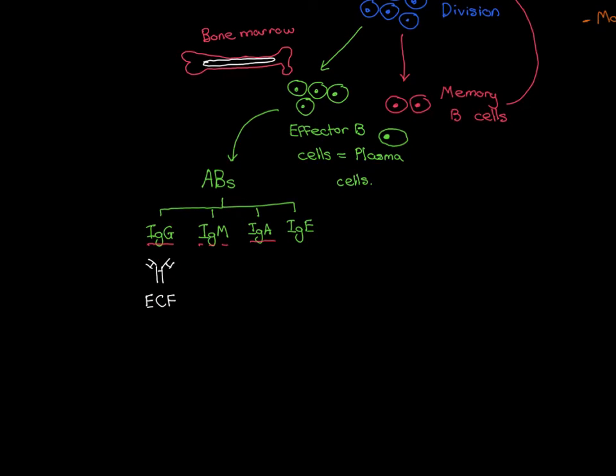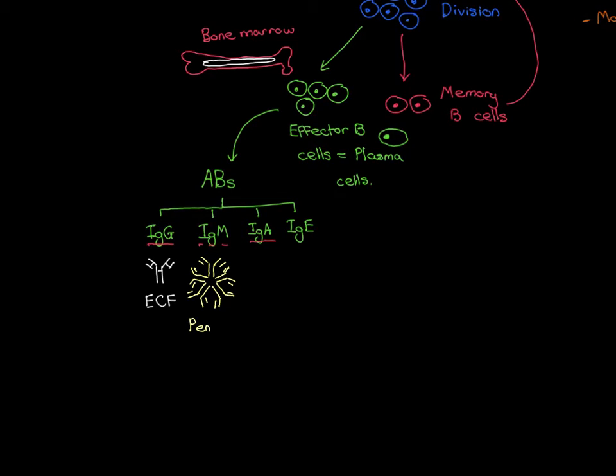IgM is a much bigger molecule because it binds into a pentamer, and I'll just try and draw a little picture of this, although it's doomed to go wrong. So there's one, then let me put another one in, and here it's already starting to get too cramped. So here's another one down there, then let's have another one down here, like so. So that's the third immunoglobulin molecule. Let's put another one in up here, like so. And one more like that. Okay, so